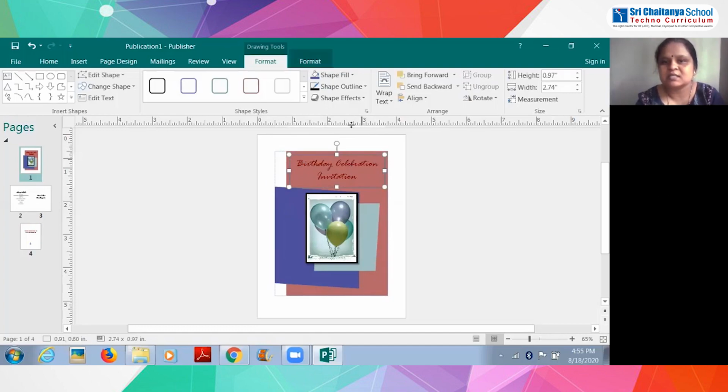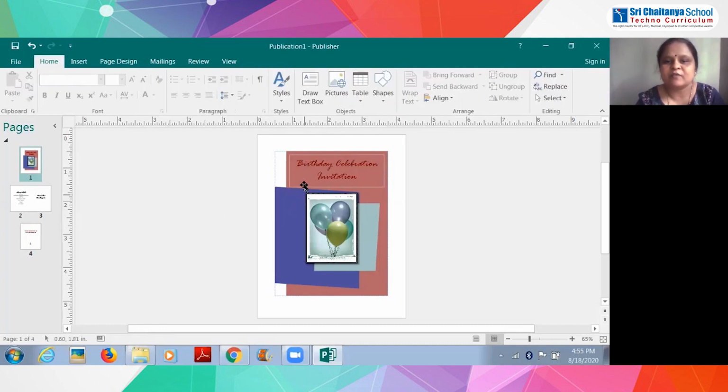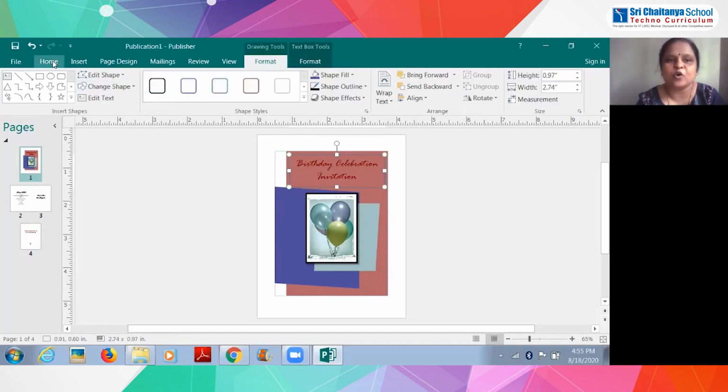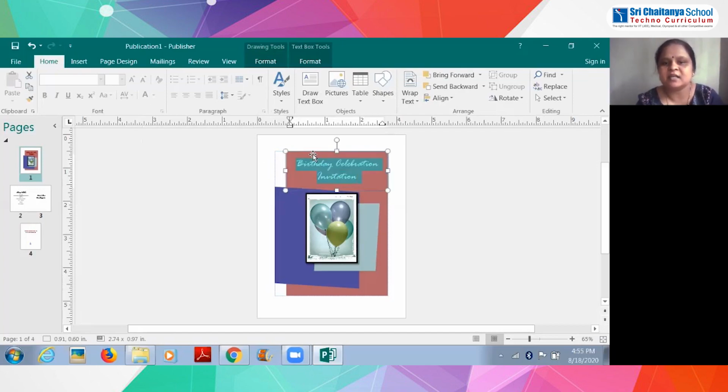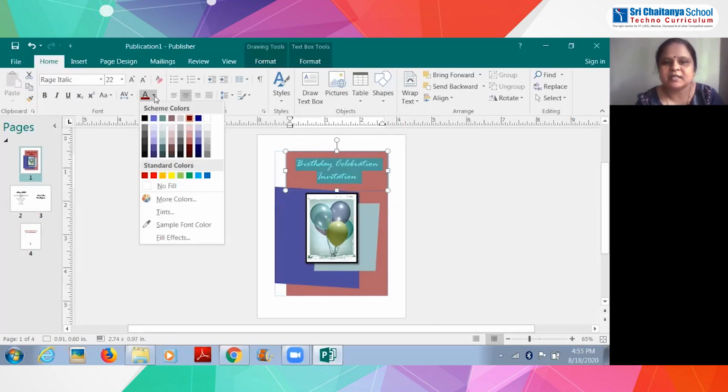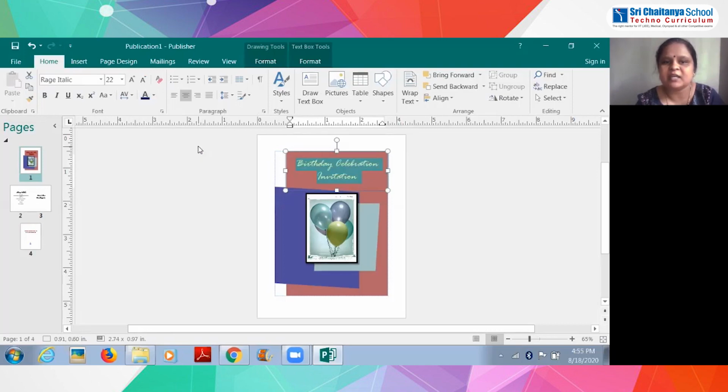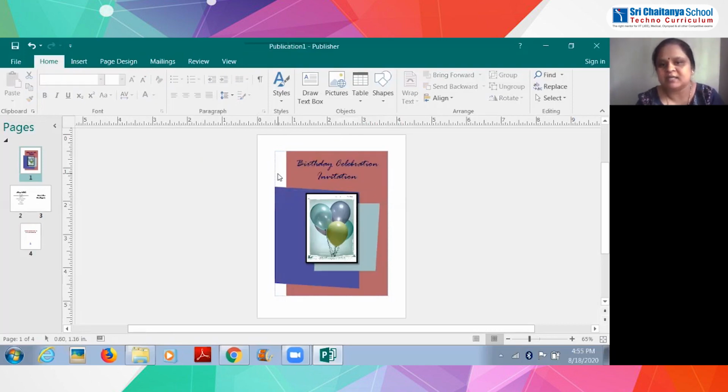Now this, see, here for this also you can choose the color. I have already told you where you have to go for that. You have to select this and you have to go for the Home tab. Inside the Home tab you can select the color. You have to select the text so that you can change the color. Because it is a maroon color, the text is not getting highlighted. I will make it dark blue so that it will be highlighted now, right? Like this. So I have created an invitation card.